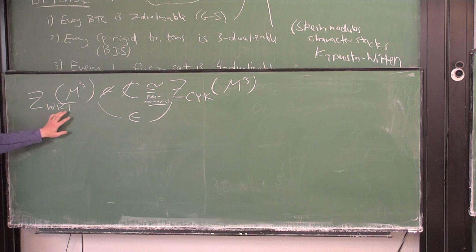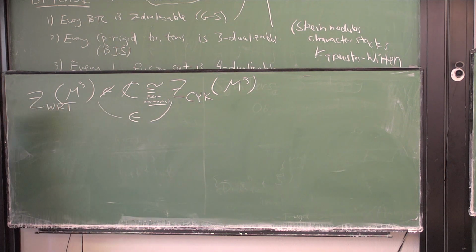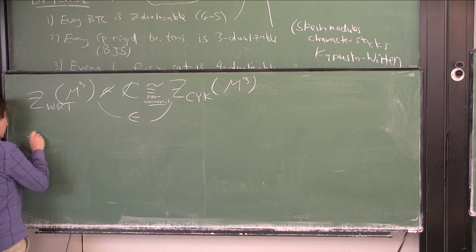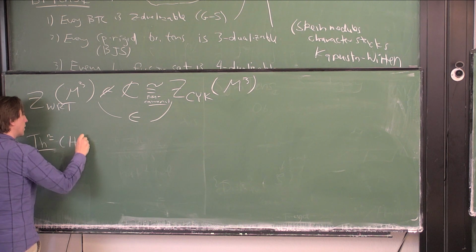So the expectation is that Crane-Yetter is well-defined as an anomalous field theory. And we can make this precise, and so the theorem of Ben,